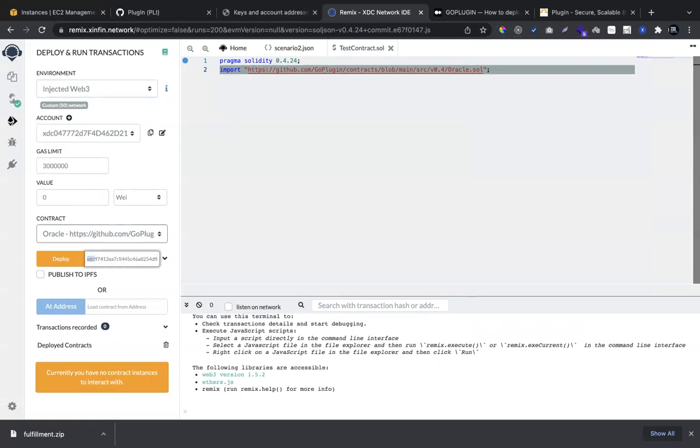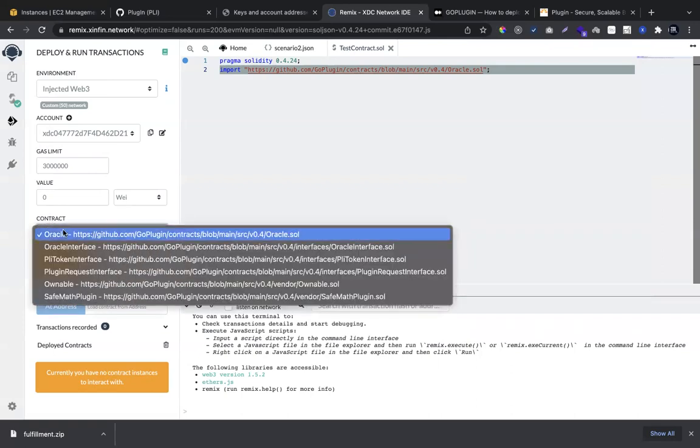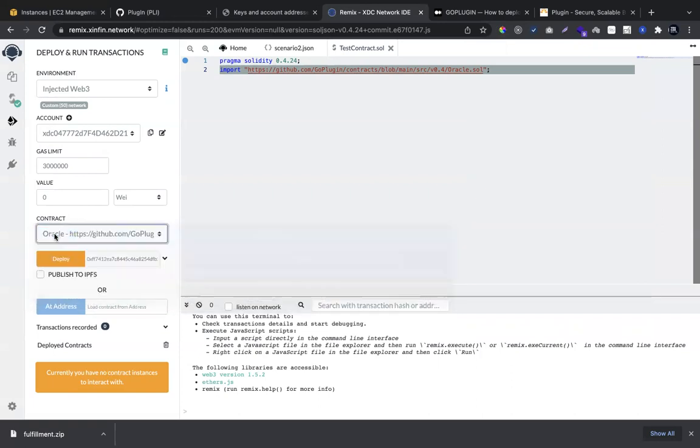Please do remember it has to be 0x. Change the prefix XDC to 0x without fail, else you will face an error. Make sure the contract chosen is Oracle, nothing else. Choose Oracle, pass the PLI mainnet parameter from the goplugin.co website, and then just deploy.